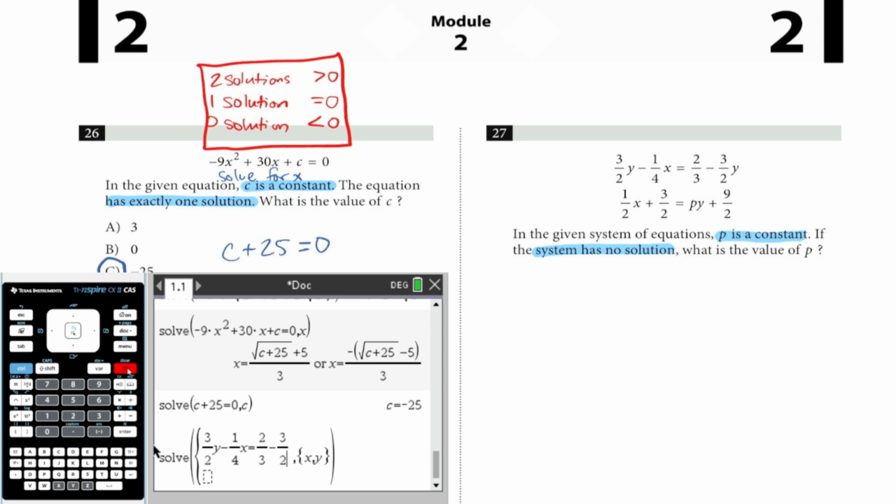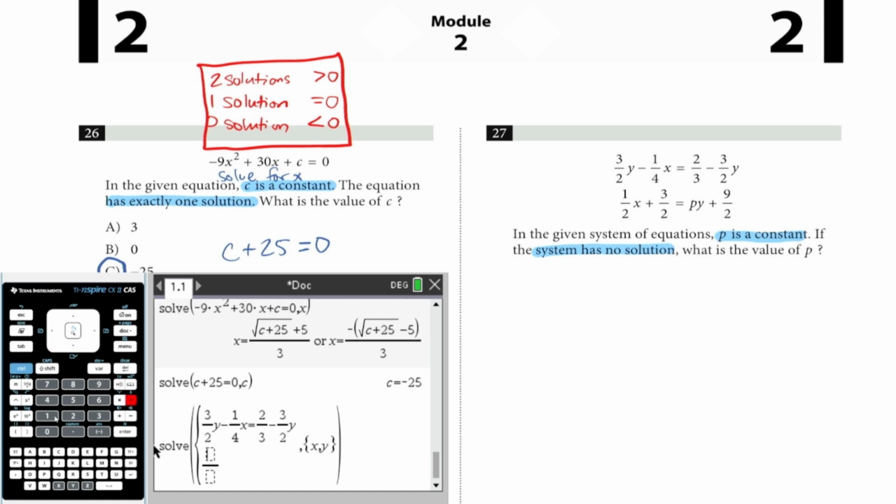Oh, I didn't move over, so I had to move over. Now I put y. Okay, so that equation looks pretty good. So then I just go to the other. I just move down, control divide 1 over 2 x. So I have to move outside, so x plus control divide 3 over 2